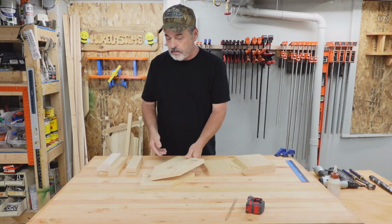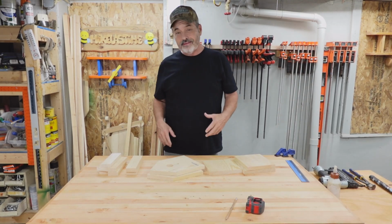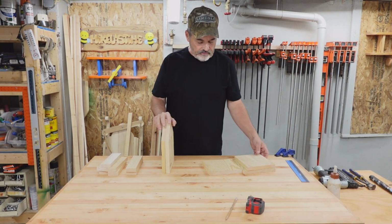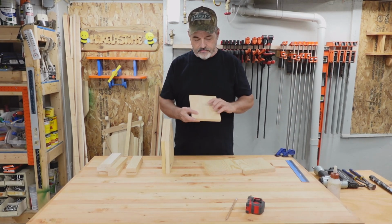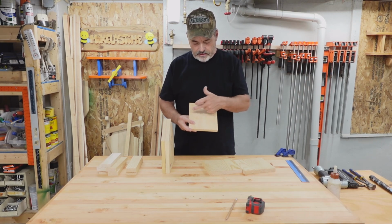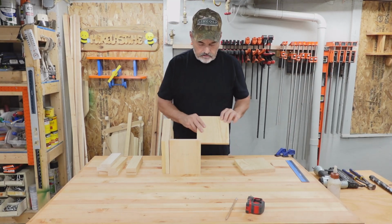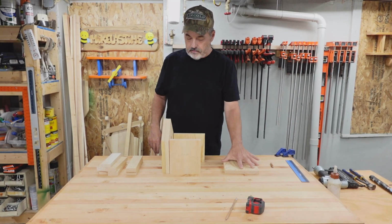Okay, what I'm going to do is glue this. But first, before I start putting it together, I want to make sure that it fits. Even though I cut it, it don't always mean it's going to fit. So we got two sides. Each side is 7 inches by 6.5 inches. So I got 2 of those. And then we have